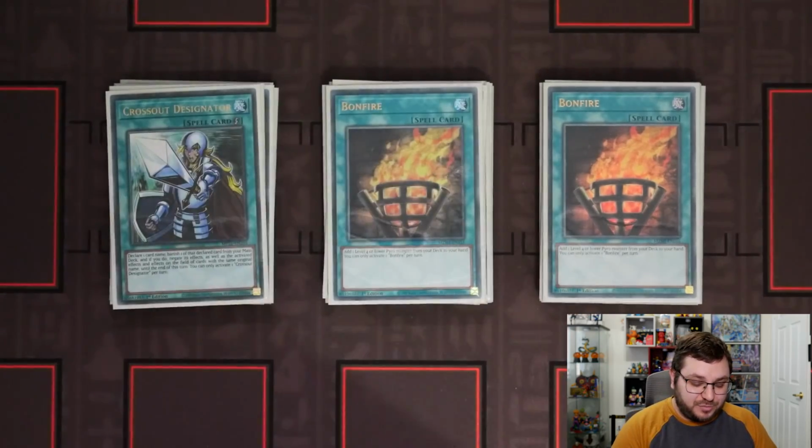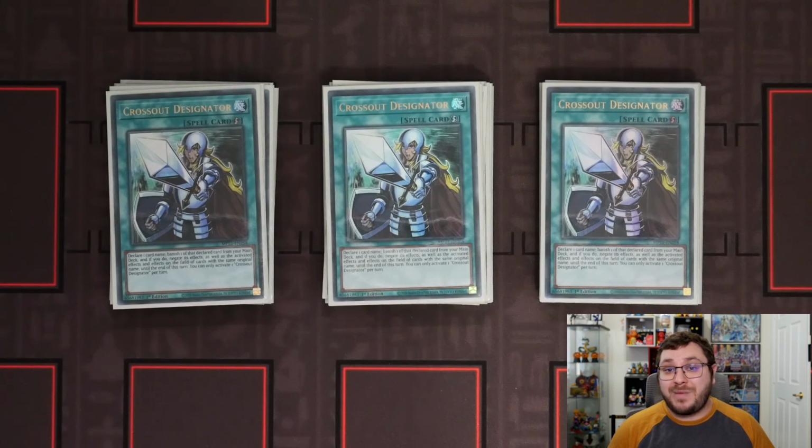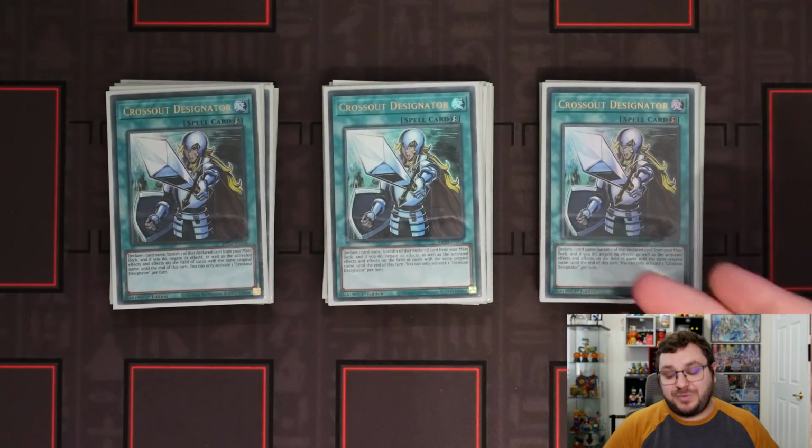Finally, for these spells, we have 3 copies of Crossout Designator. Now, this card is really interesting for a lot of reasons. Because we are in what a lot of players are considering to be a Tier 0 format, due to the very high representation and win rate of the Fire decks, a lot of the time when you are at a regional or higher level event, you are going to be up against the mirror, which means that Crossout Designator